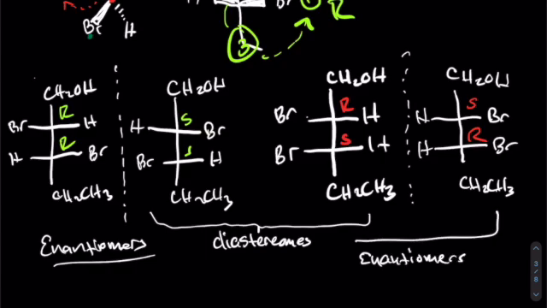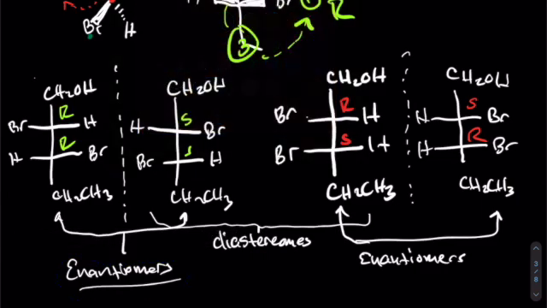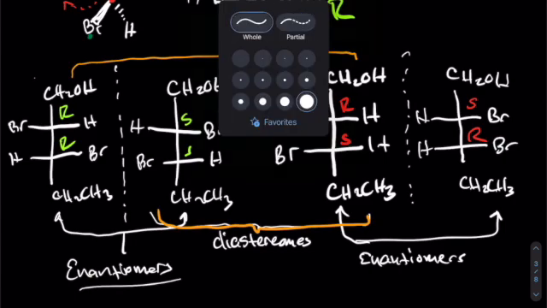These two are enantiomers of each other. And these two are enantiomers of each other. But these two are diastereomers. And you can say the same thing all the way out here. These two pairs are also diastereomers. Basically, anything that is not a mirror image and has the same sort of configuration, these are all diastereomers. So the relationship between these two pair of